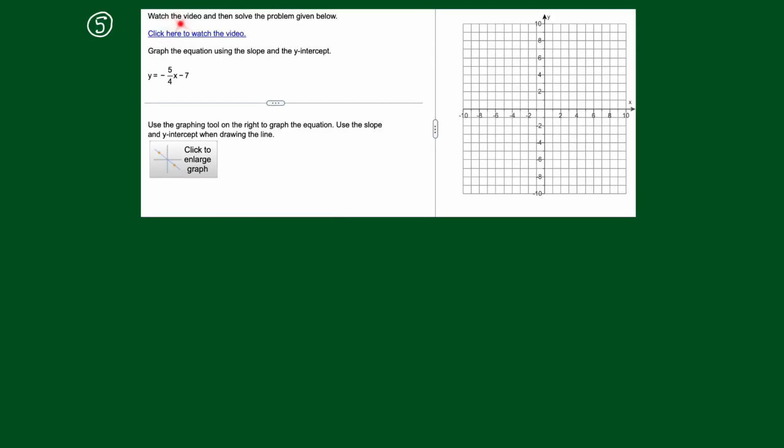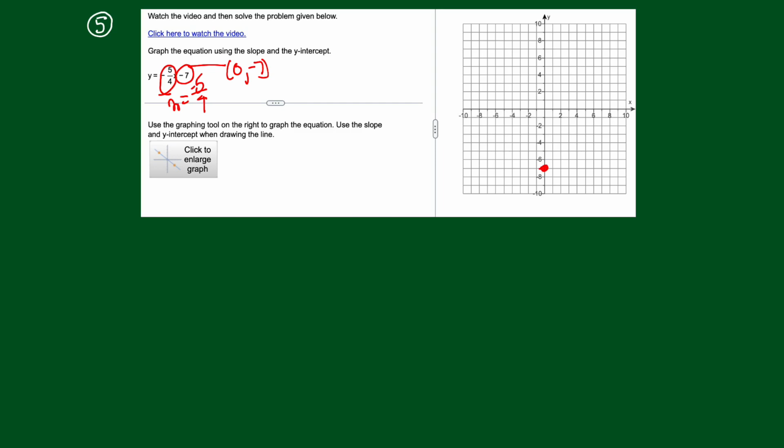Well, they're telling us to watch a video and then graph from the video. Well, we don't need to watch a video. We know how to do this. Here's the slope, right? What's the slope? Right there. There's the slope. Start at some point on the graph, go to the right 4, down 5. And where is that starting point? Right here at 0, -7. So let's do that. Let's plot a point at 0, -7. That is the y-intercept. So we'll go down to -7 right there, put a point,